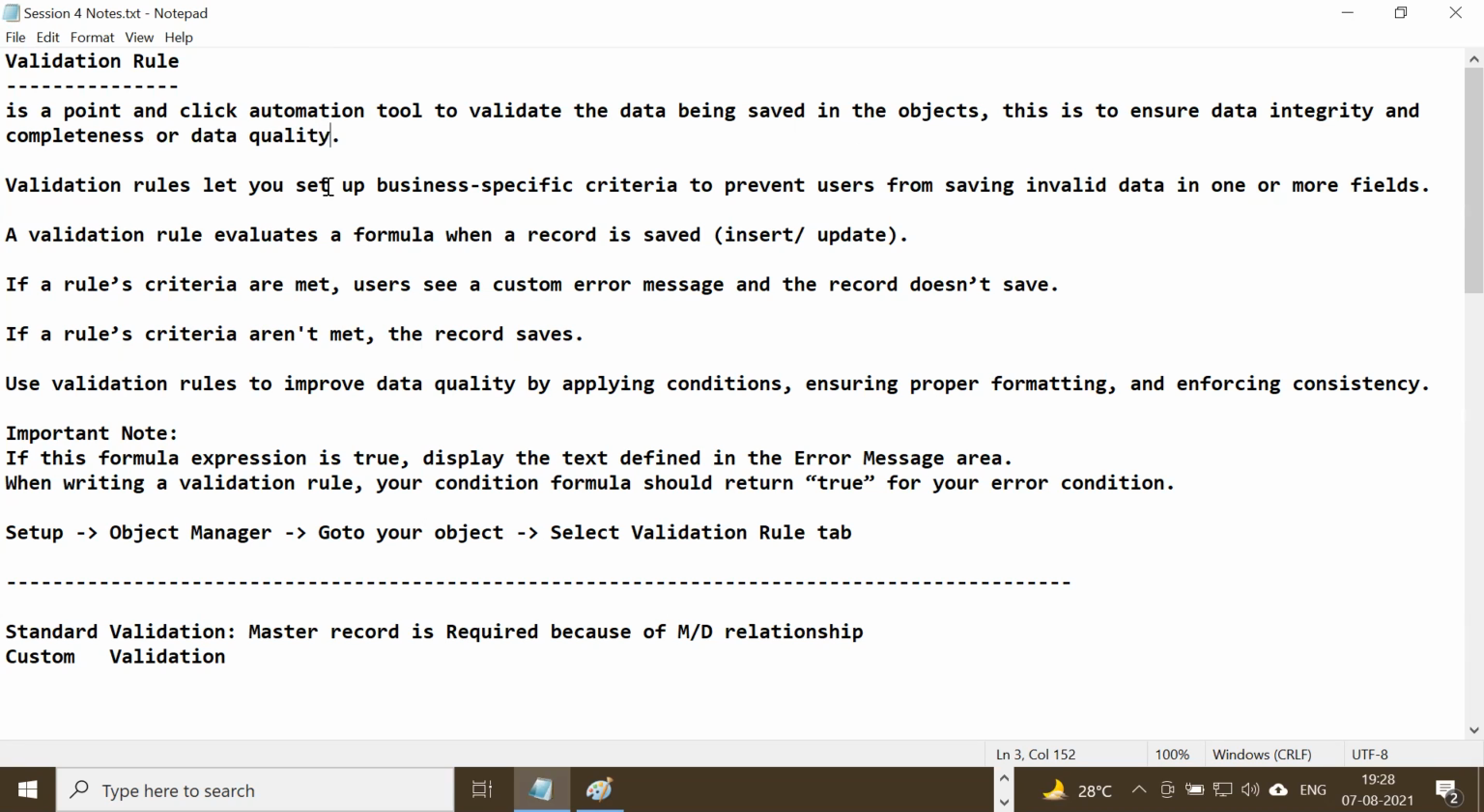A validation rule lets you set up business specific criteria to prevent users from saving invalid data in one or more fields on the form, on the record. Okay, so you might be given some kind of requirement that the user should not be able to enter this kind of data, should not be able to save this kind of data when they try to save a record. So you need to understand what that business specific criteria is,